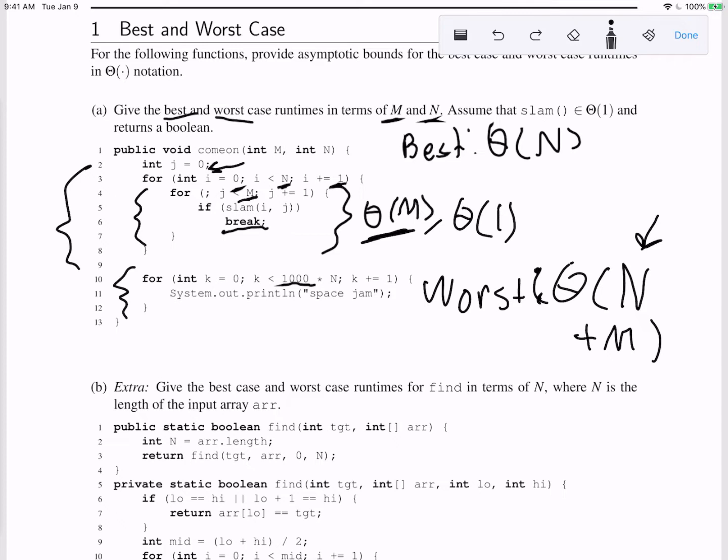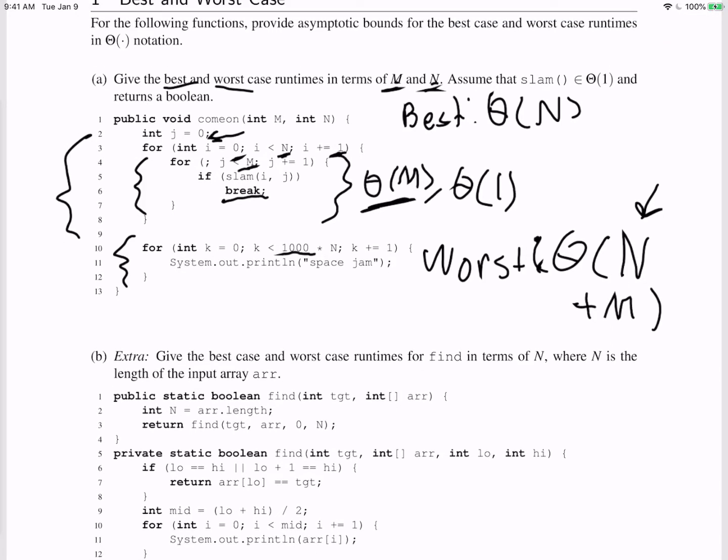So going back to what we were talking about earlier, just because it's in two variables, that doesn't really complicate too much. We're just treating them both as variables now, and not as constants. So now we have m in our bound as well. And so let's talk about why we did not say that this function was omega of n and